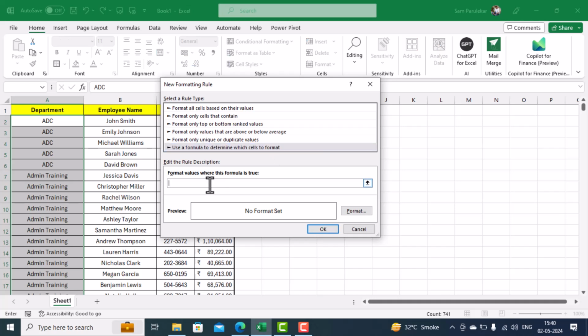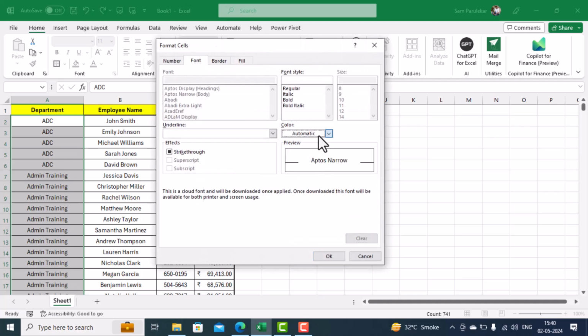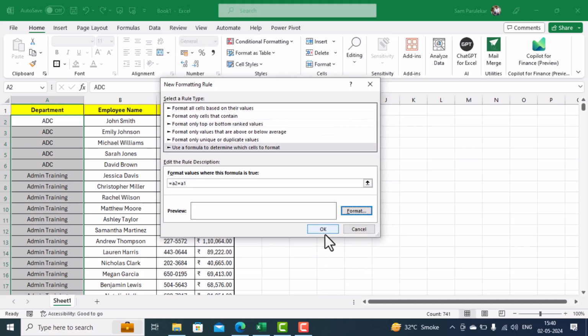And here we'll give a formula that if the contents of A2 is equal to the contents of A1, that is the earlier cell, then format it to a color of white,